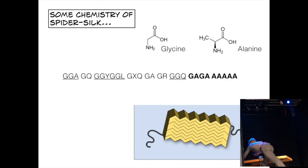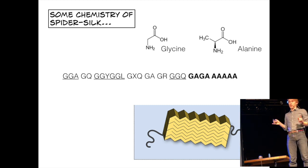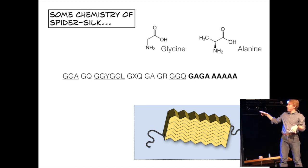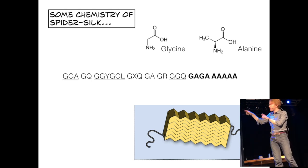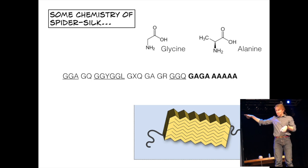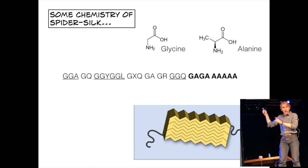Now, spider silk is made up of proteins. And proteins, as many of you know, I'm sure, consist of chains of amino acids. Now, in the protein sequence, each amino acid is represented by a single letter. Now, this sequence is from the actual golden orb weaver spider. Let's look at the GAGA part there at the end. Now, the G stands for glycine, the A stands for alanine, and the interactions of those two amino